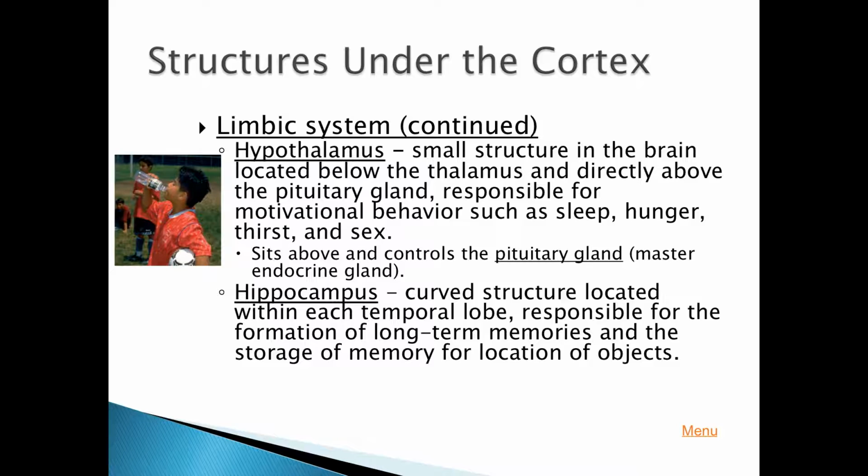We learned a lot about the hippocampus through something very tragic that happened. There was a patient who was simply known as HM. And what happened to HM is he was having some issues. And what they thought was, this is a while ago, right? What they thought was if we could